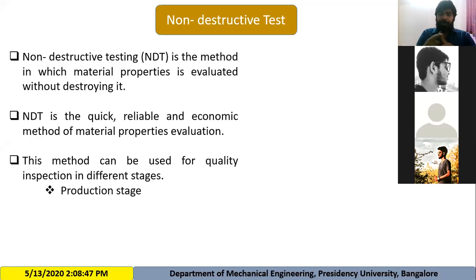Okay. So in the production stage, you can perform the testing using this non-destructive testing method. It means after producing the component, you are supposed to ensure that your product is not faulty. Okay, for that you have to perform a test. So either you go for the destructive test, which will take a lot of time, or you can go for the non-destructive testing that we are going to discuss today, so that you can predict whether the part that you have manufactured is free from defect. So first stage, production stage. After manufacturing the component, you are going to check whether your part is okay or not.